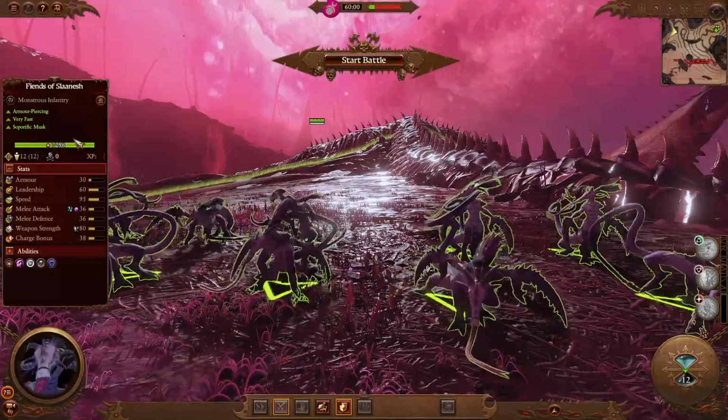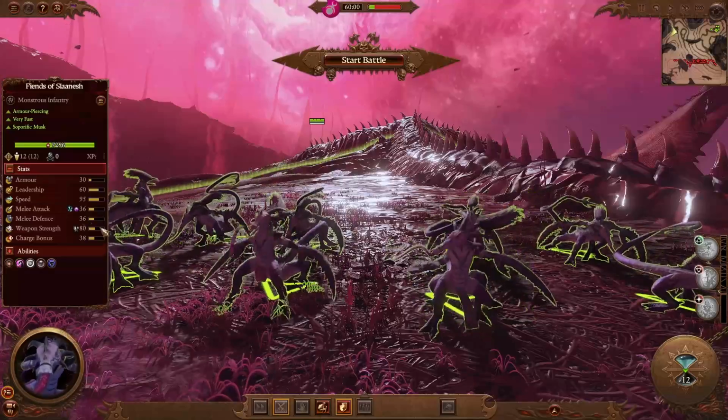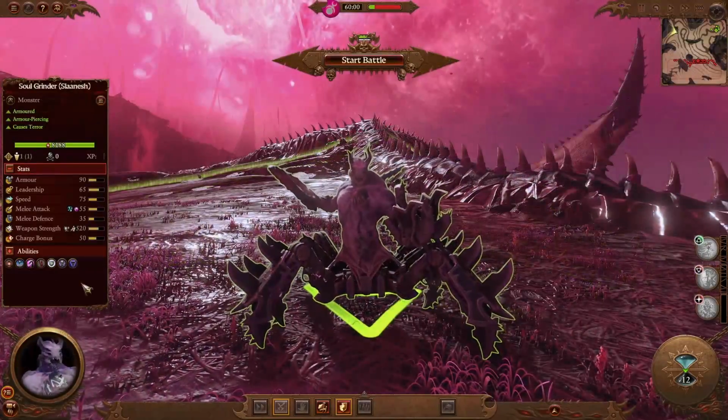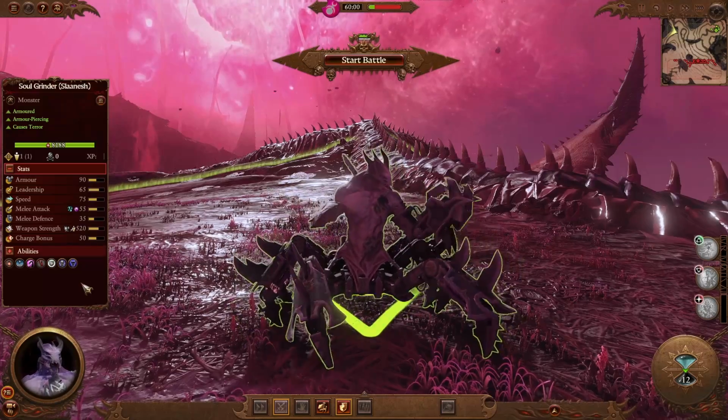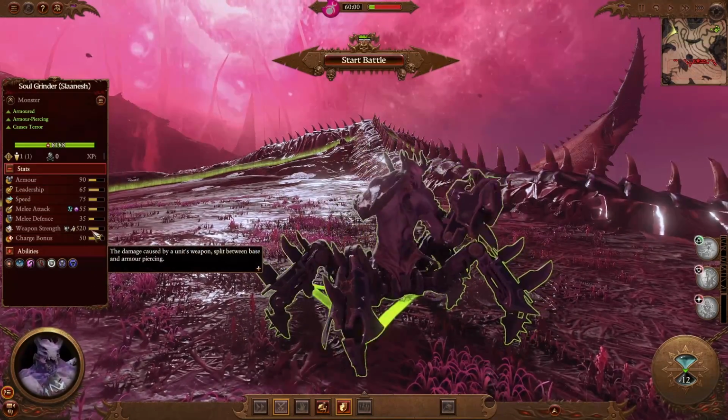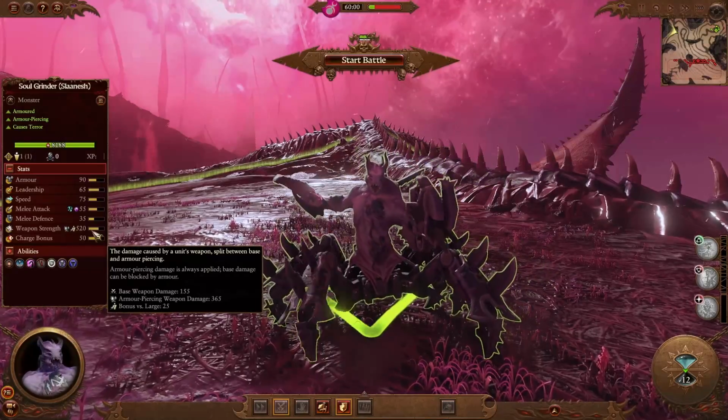I think that one's 8k-ish health, and we had 16 there. So relatively the same amount of health per monster here. Then moving up to 1900 cost, we have the Soul Grinder of Slaanesh. And unlike the other Soul Grinders, we're the only one without a range attack, which is kind of sad, but